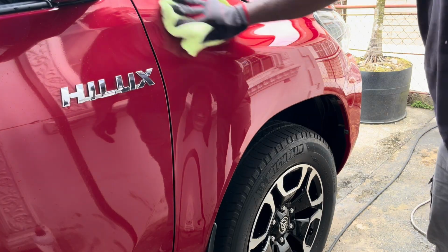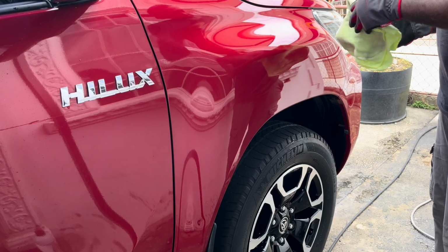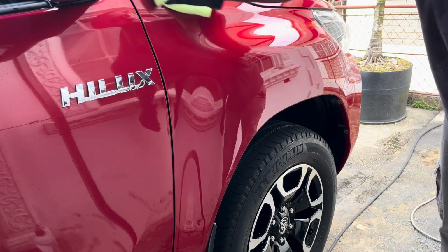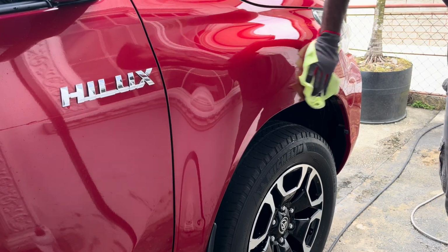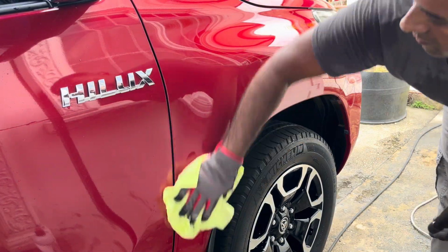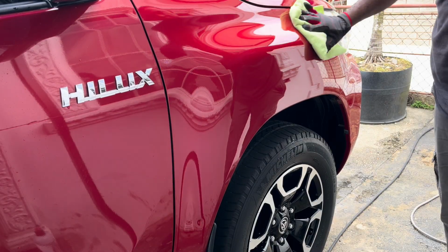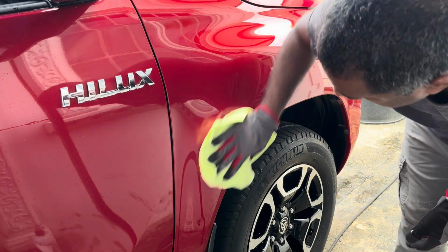And as you know, with this Turtle Wax product, we have to take a cloth and buff it out, just like polishing long ago, right? That polishing method we used to do long ago. We put the polish and then we buff it out with a microfiber cloth, right? So we make sure to get out all the residue from the compound. We don't want anything remaining on that area, especially that area, because we are going to add a ceramic